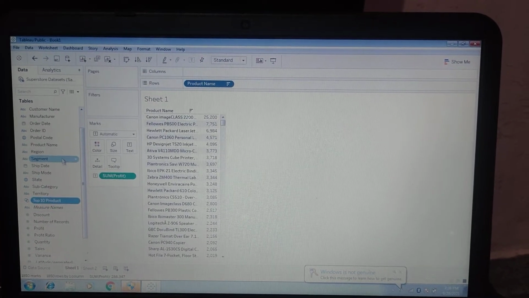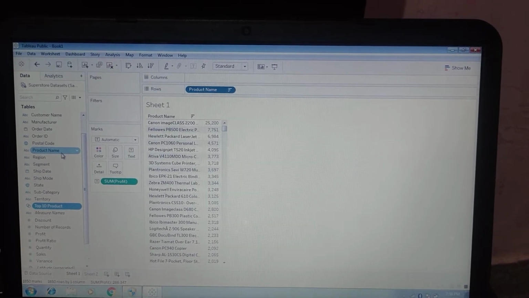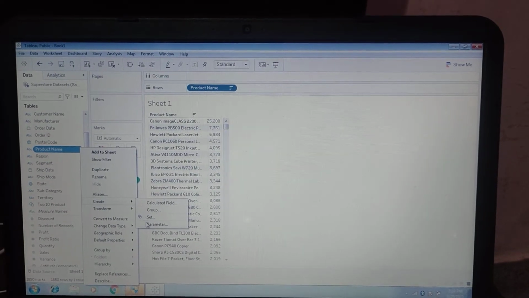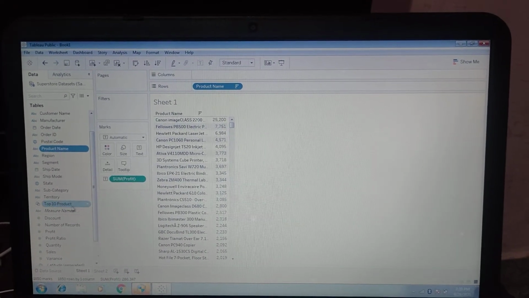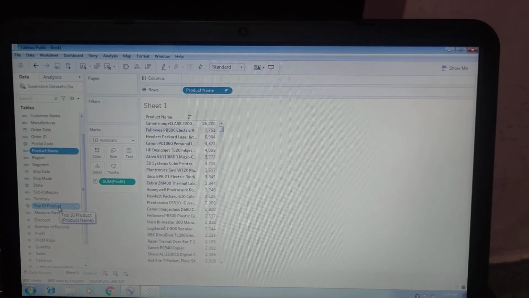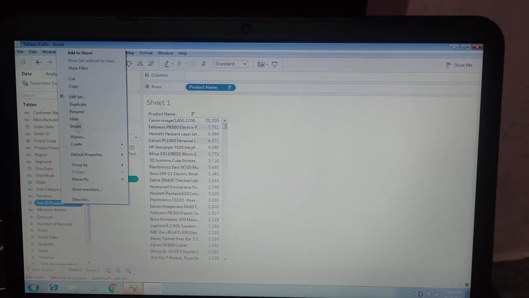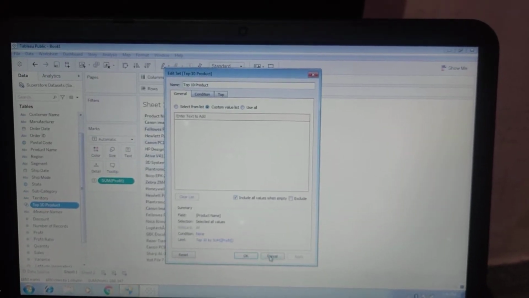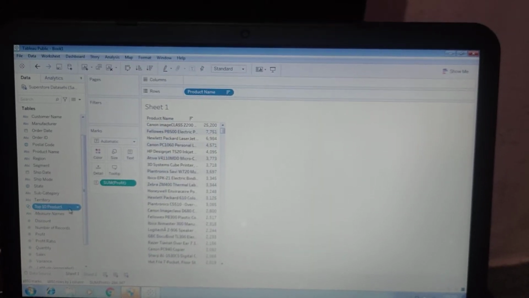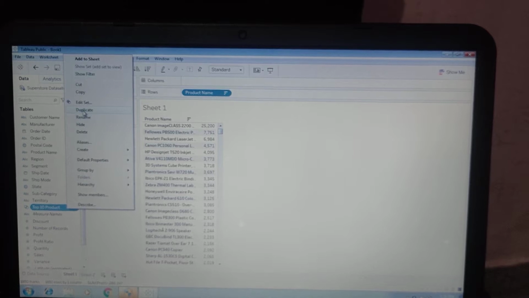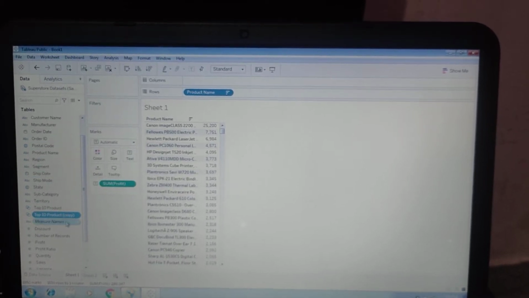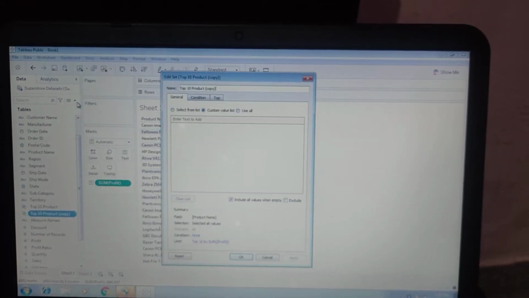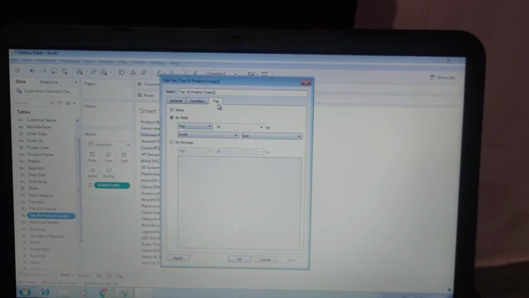So you have to go into the product name again, and then click on the drop down, create, and then set. Or you can do it another way: we have the field top 10 product. So just click here and create a duplicate. Then edit the duplicate, edit set for the duplicate field,